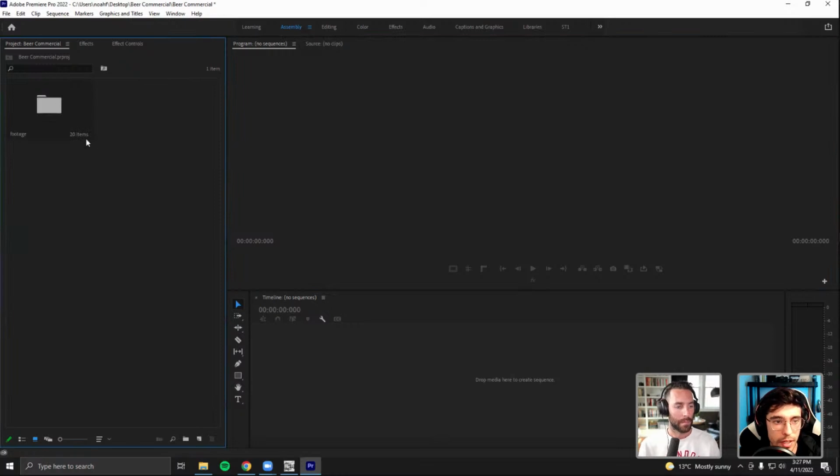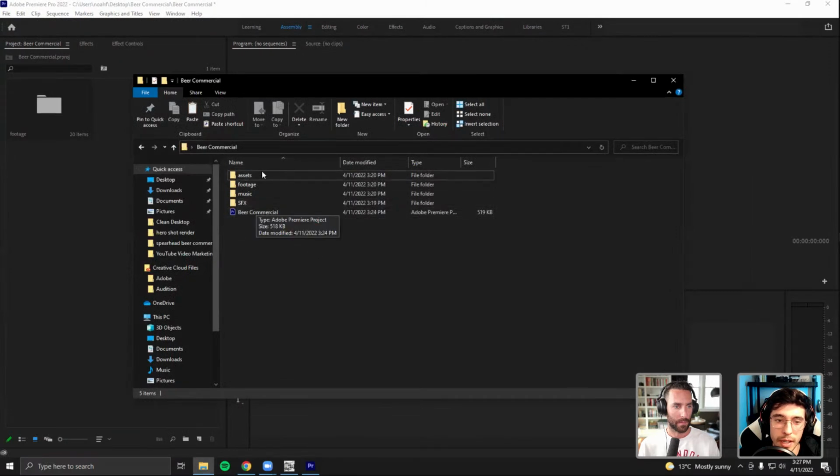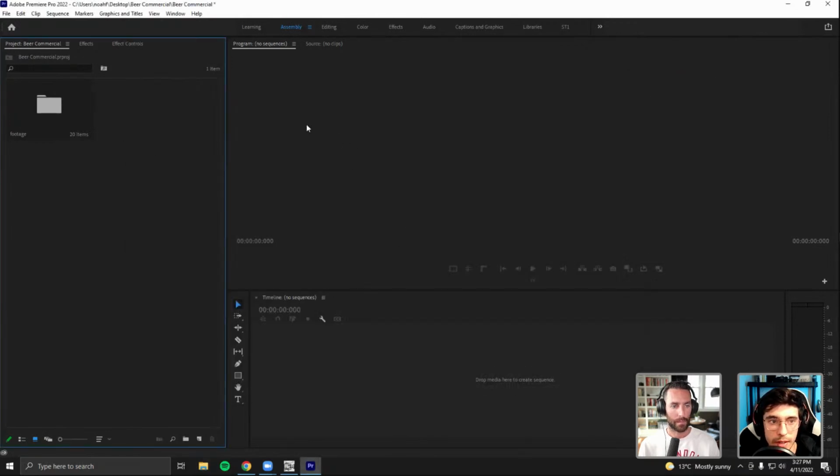Another tip is to really stay organized in your Premiere project as well, because you can be organized on your computer or on the desktop or whatever your root folder is for your project folder, but you also have to stay organized in Premiere, because it could get messy.